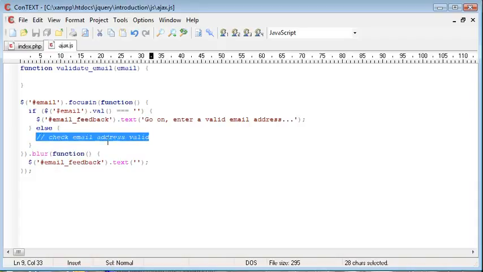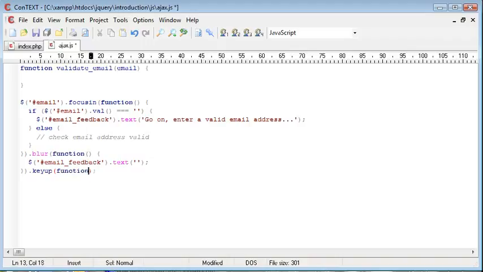So this bit later on, when we've actually filled in the block in here, will call the validate email function. Also, when we have a key up event, we also want to call the validate email function as well. So we've appended, like we have with blur, the key up event handler